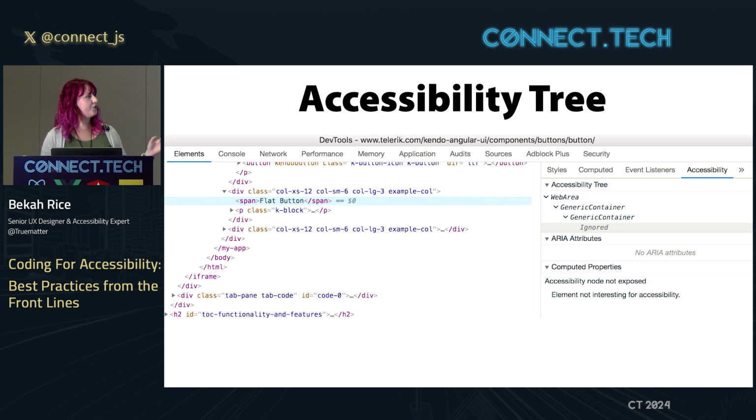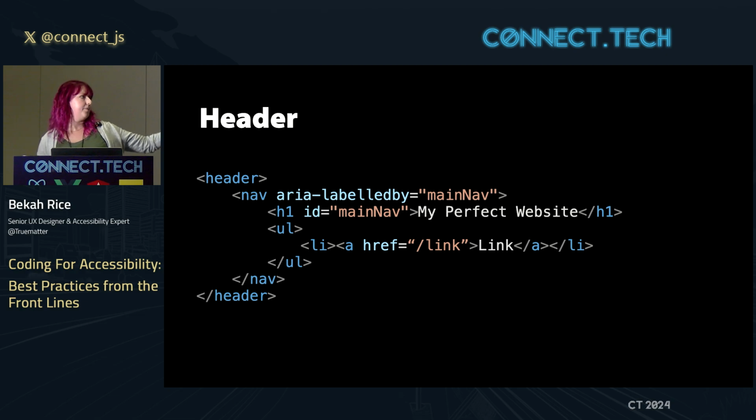So if we're doing anything that we're not sure about, this is actually a great tool, but it also shows you, again, that order and how that can be important for anyone using assistive technology to understand what's there. So some examples of the things that I've talked about here that we could use is those HTML5 sectioning elements. Again, this is how it would be rendered in the browser, so there are a number of ways to do this with different frameworks. But what I would expect to see is something like this.